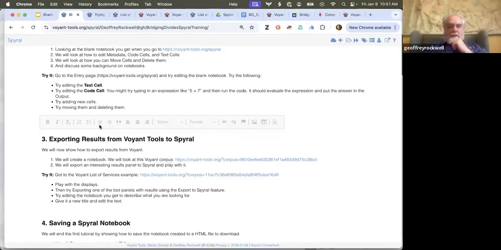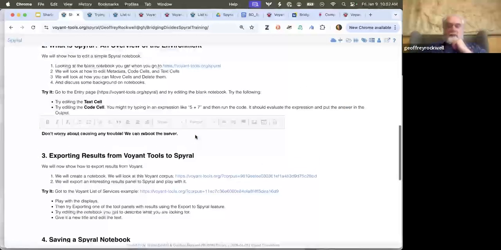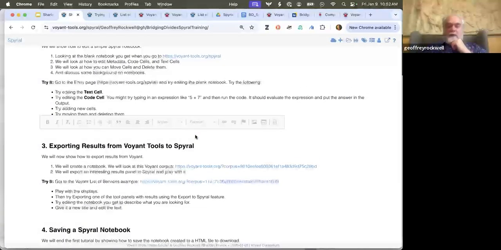Okay, I'm going to give everyone one more minute and then I will launch into showing how you can save stuff. Okay, now we're going to look at one way to save your notebook. There are two ways to save the notebook. This is the way you can save it to your local hard drive and send it to people